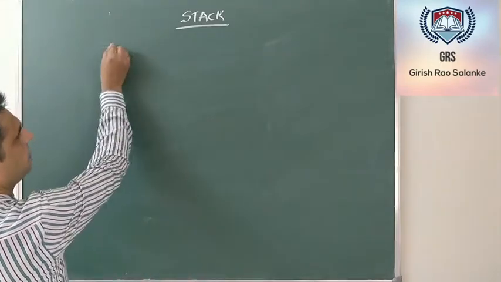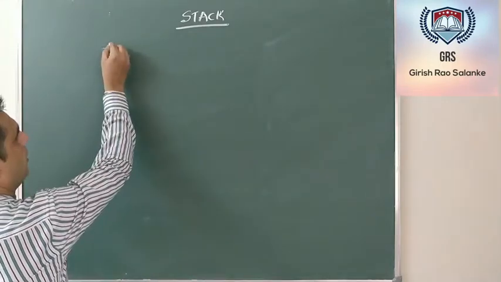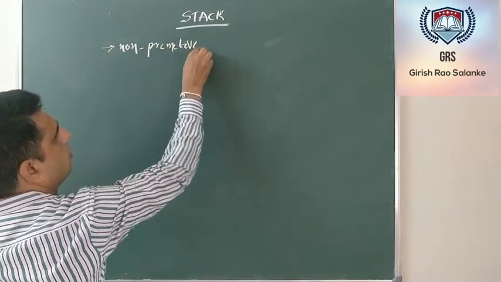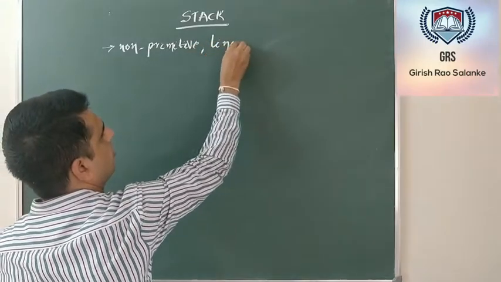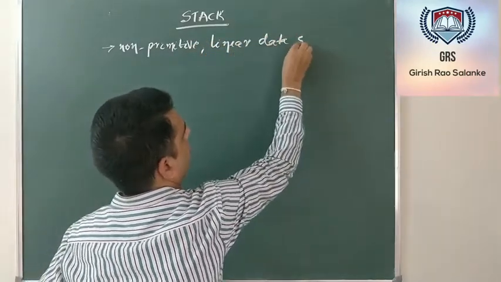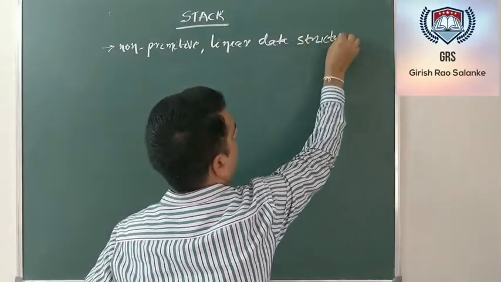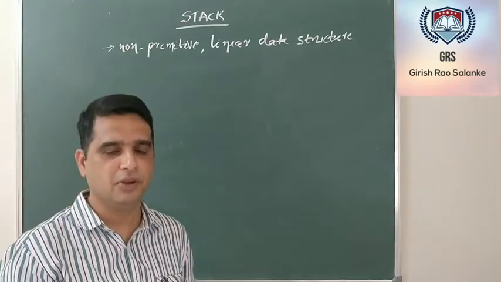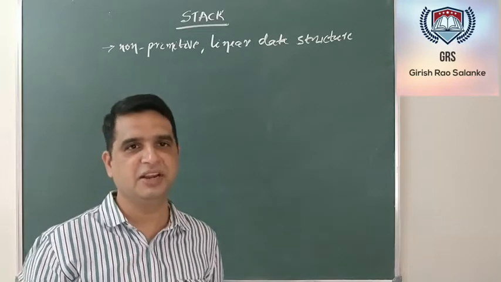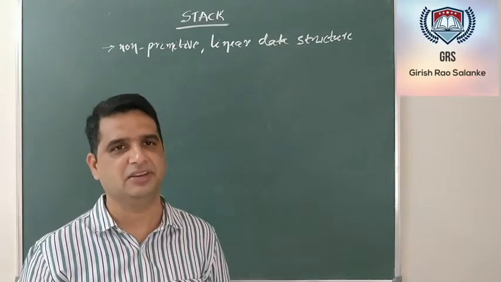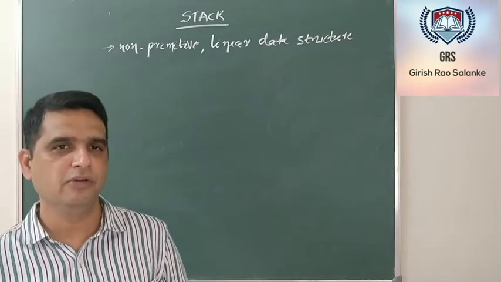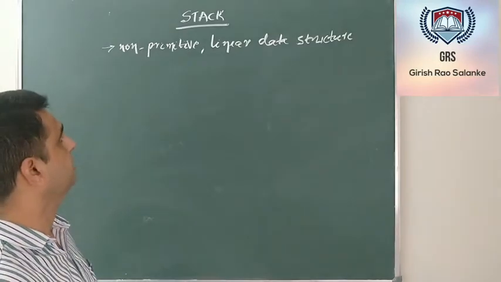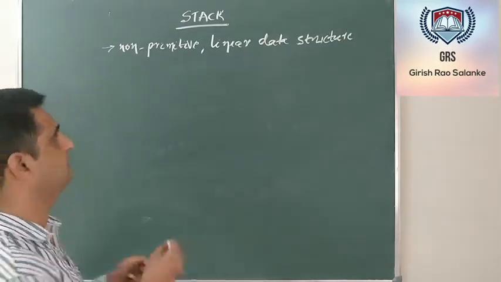We can define a stack as a non-primitive linear data structure. I have told what exactly you mean by non-primitive and linear data structure in my previous video. In any data structure, if we find an adjacency relationship among the elements, then it is a linear data structure. Even in the case of stack, we'll have that adjacency association between the elements. So we'll define stack as a non-primitive linear data structure wherein